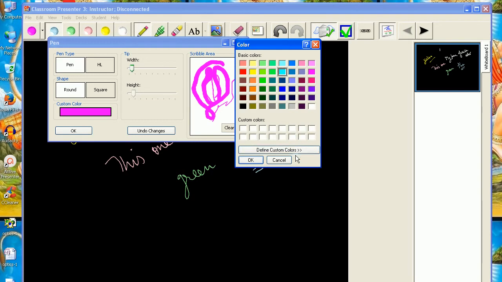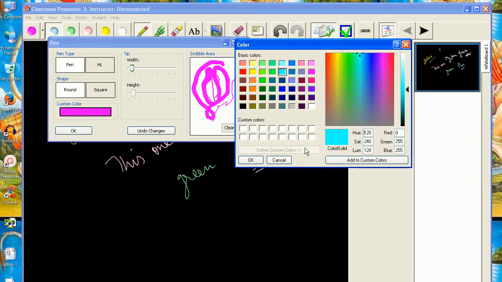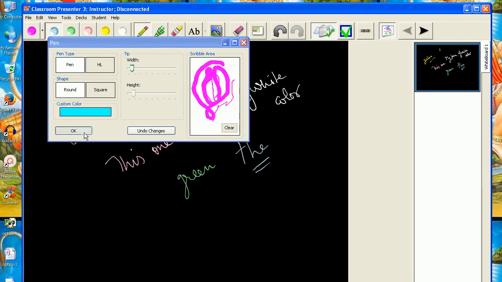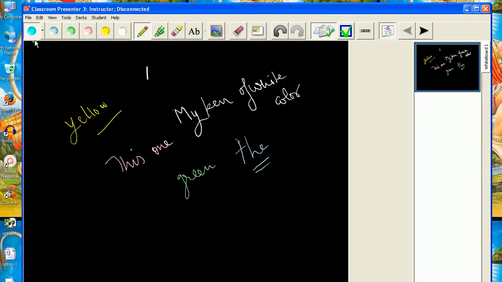Right, so I'm defining the custom color and now adding it into the custom box. Okay, and now you can see that color. Further, this color you can see here. So there is a big variety of colors to choose from. So this was about the pen and the colors here.